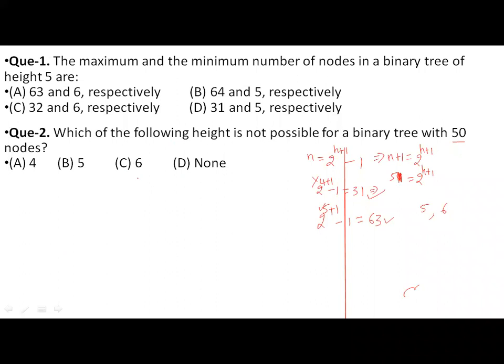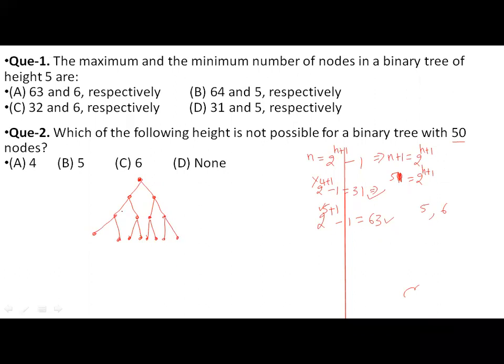Just see here. Say this is our first node. How many nodes? 3 nodes. Then for height 2, I am going to height 2 here. What is the maximum number of nodes I can include? Each node with 2 child nodes. Then I go to height 3 here. What is the maximum number of nodes I can include for each node? Only 2 nodes. For this also 2 nodes I can include, and for this also 2 nodes I can include.